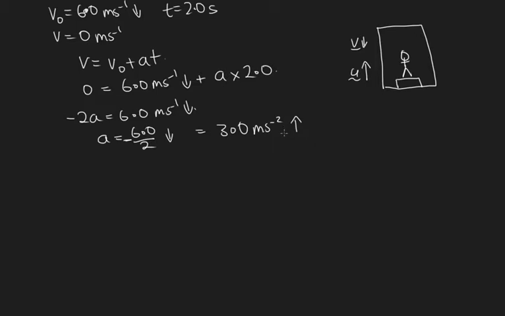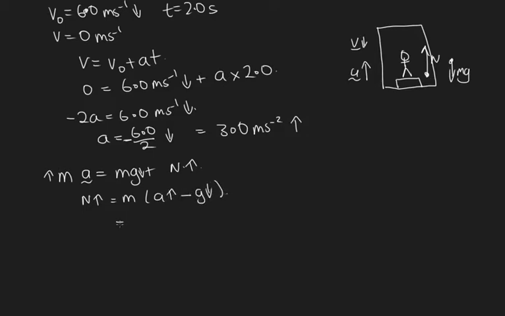So now we've got the acceleration, and we can just use the same method as before to calculate the normal force from the scales on the man. So he's got the normal force and the mg force acting on him, so the mass of the man times the acceleration is equal to mg plus N, and we know that this is upwards, this is downwards, and this is upwards, and so the normal force upwards is equal to a upwards minus g downwards, which is equal to m times the acceleration upwards, which was 3.0,